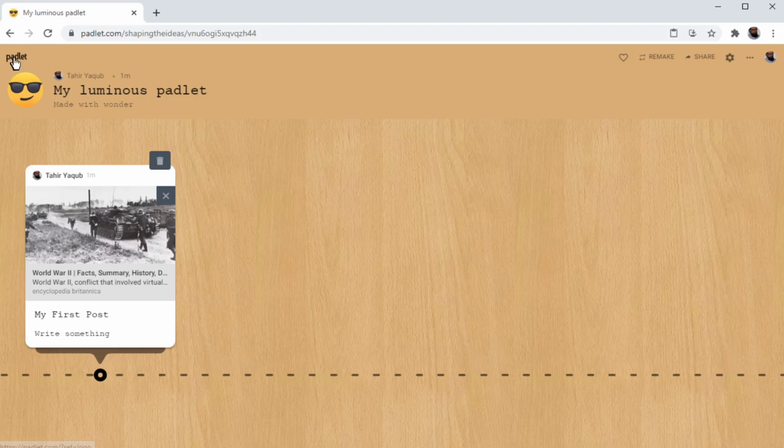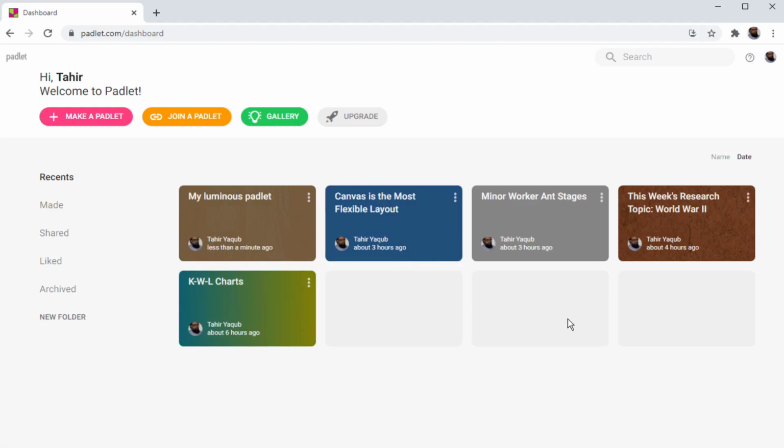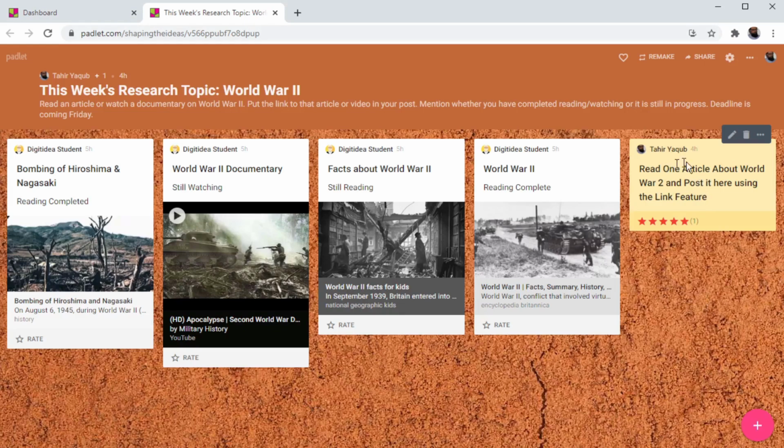And now I will click on this Padlet and I will show you one of my Padlets. Click on that. These are my Padlets. This is the one I created for this video. So I click on that. This is my initial post, and in response to my post where I told my students to insert some articles, and my student, actually there is only one account I am using other than my teacher's account, but assume that these are 4 of my students, so I can see their name here.